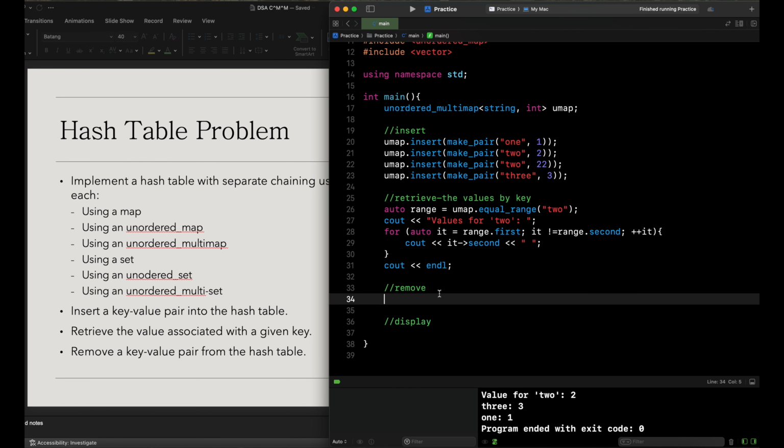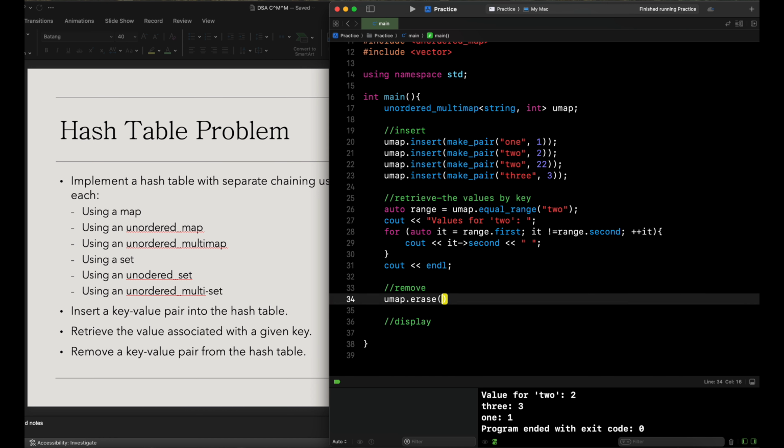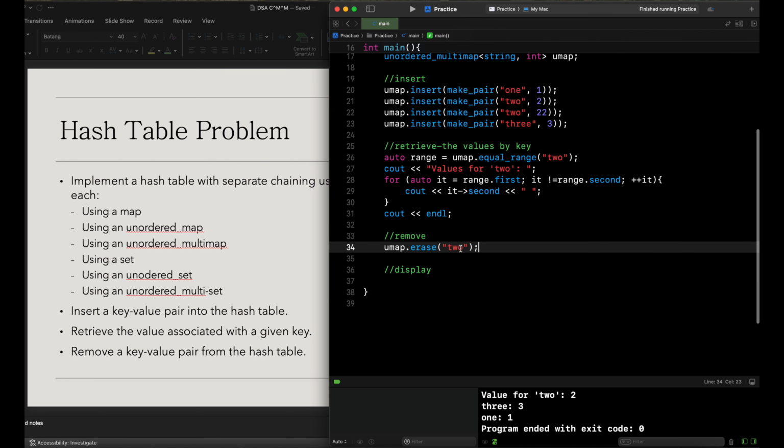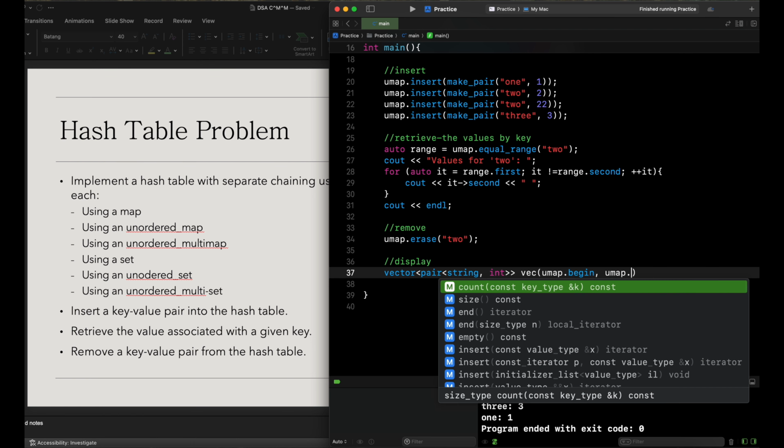Then the next part we're going to be removing, and we do so by umap.erase. And we can just call 2, so we'll erase one of the key value pairs. And then we will display by using our vector pair string int, and then vec, umap.begin, umap.end,